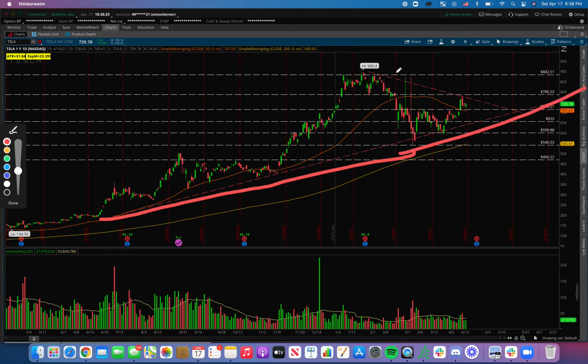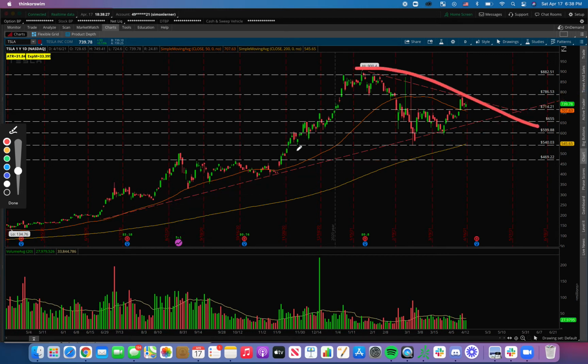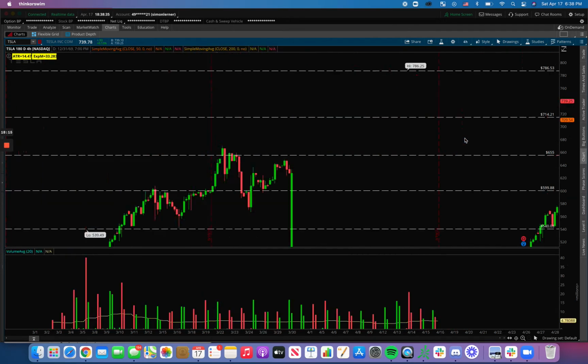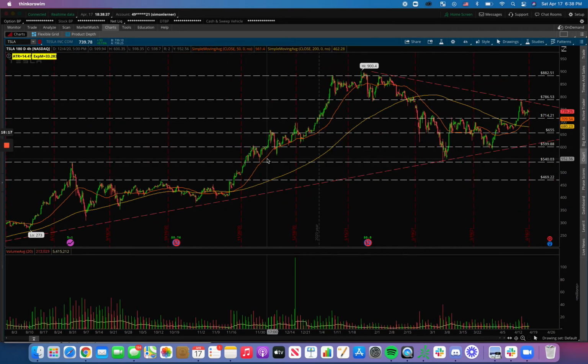The red lines, the red dashed lines, and then we have price compression forming this sort of wedge. This is what I see just based on the weekly and yearly time frame. Now we want to move on to the 4-hour chart, and this is going to give us yet again more data, and we can move our levels around to see things more clearly, because now we just get more data